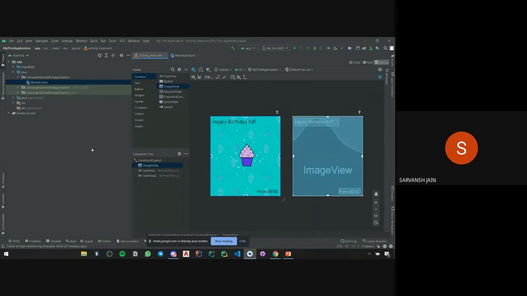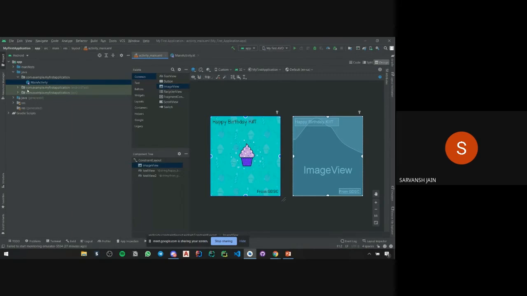So for any Android app which you develop, it needs to be tested. Android testing is to be done. There are two inbuilt tests.